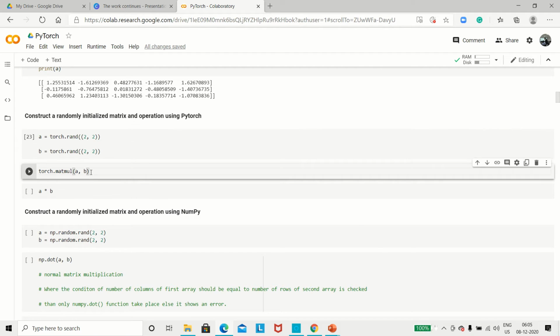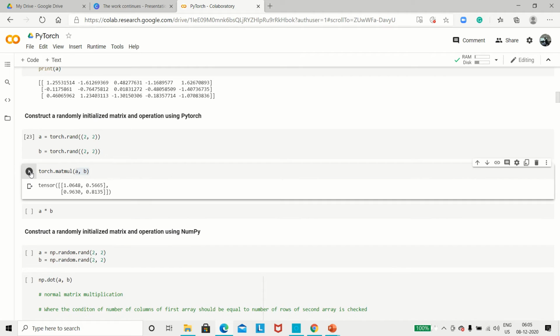Now we can run some other operations as well. Suppose I want to multiply these two matrices. Matrix multiplication is a very common concept. So we can say torch.matmul, matrix multiplication basically, matmul, and within the opening and closing parentheses, you can define the two variables you have, A and B, and let's multiply them. Now the matrices which were in the background have been multiplied.